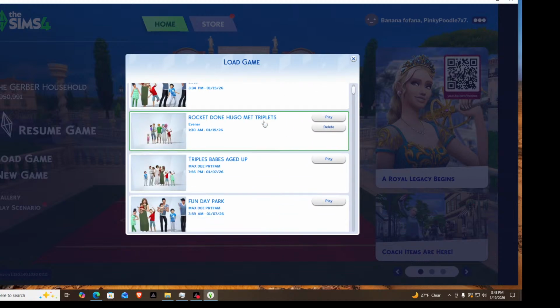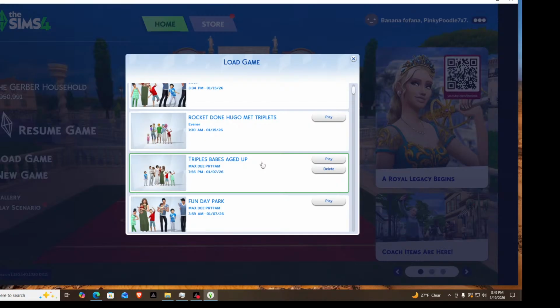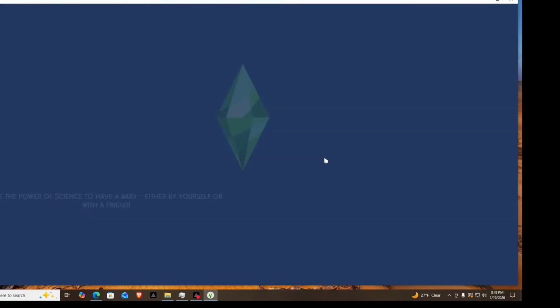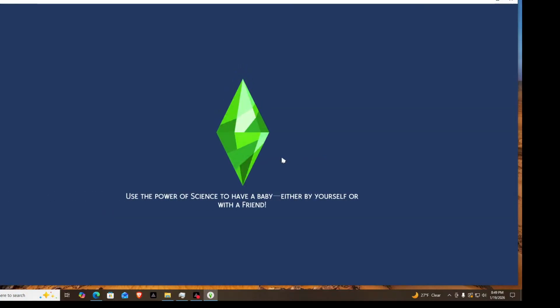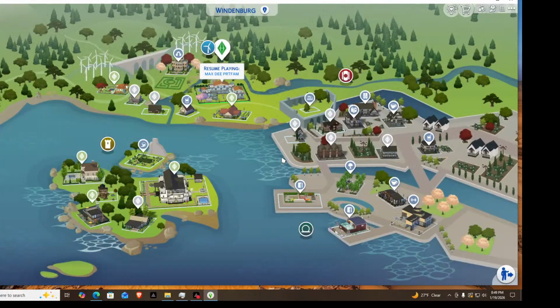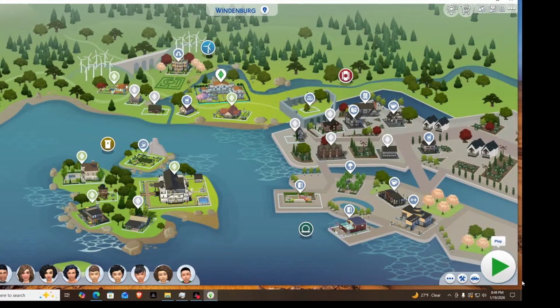Okay, I went into that one there. Triplet babies aged up. See, I had one that was dated January 8th and it's gone. That is so weird. Oh, I hope and pray this one's not bad. So when I was in here before, there was nothing wrong with this save file. So if I go in here now and there's something wrong with it, then it's not. Yeah, see, look,